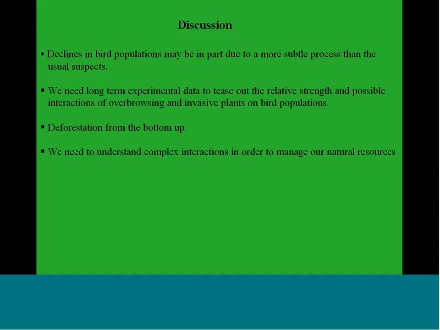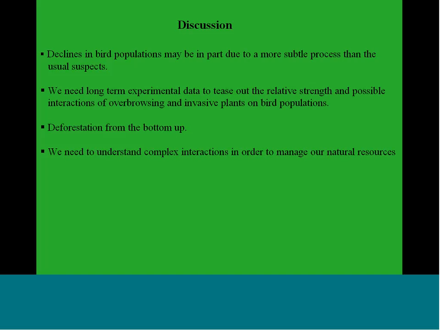Another possibility is that deforestation is happening from the bottom up, and this isn't a new idea. Several researchers have thought about this, and that's the idea that as the older trees in the forest die, what is going to be there to replace them? If we have invasive plant species, if we have Japanese silkgrass outcompeting native seedlings, what is going to grow up in that gap? Is it going to be ailanthus, the tree of heaven, or is this going to be other invasive plant species? And how then will this affect birds in the canopy? So we could just be witnessing the beginning of